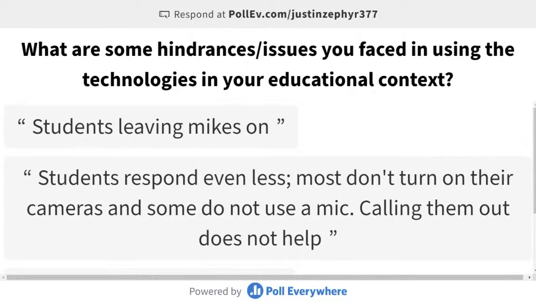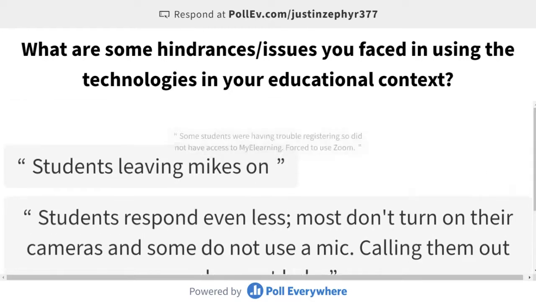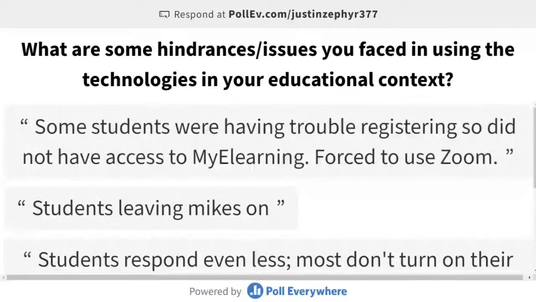Okay, good. So one of the things we're going to look into in this session is student engagement. That should help in getting students to respond more or be a little more active. There's an approach that we call active learning. It really makes students become more involved, or actively participate in the learning experience. Another word for it is participatory learning, right? Students leave their mics on, and then you now have to click to mute the mics manually.